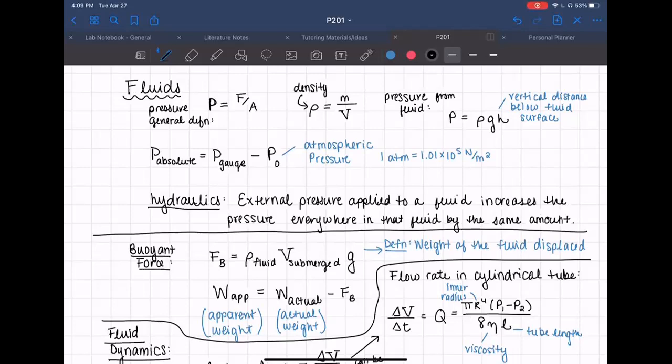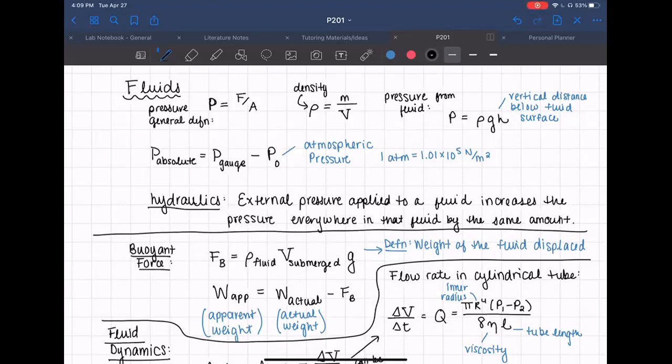And then I also have in that first line as well, pressure from a fluid is going to be equal to the density of that fluid times gravitational constant times h, and that h is just going to be the vertical distance you are below the surface of that fluid. I don't think that you guys have done too much with absolute pressure versus gauge pressure, and the final, there's only going to be 10 questions covering all of the topics I'm discussing today, so they're not going to be able to get to everything and be super nitpicky about